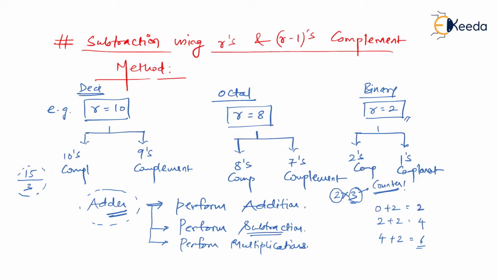Just pay attention. It is 15 by 3. I know the answer is 5. So what you do is, you don't divide 15 by 3. You just perform the subtraction the way I am saying, 15 minus 3, that is numerator minus denominator. What is the result? It is 12. Then again do 12 minus 3. What is the result? 9, right?